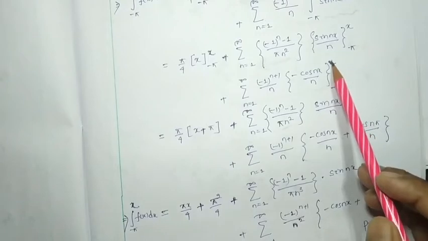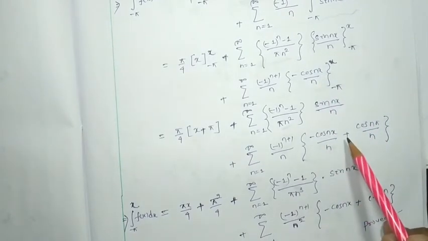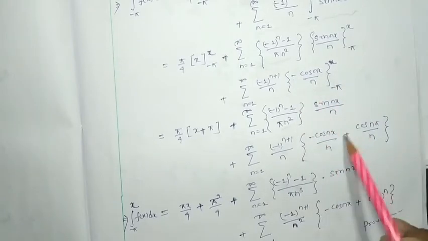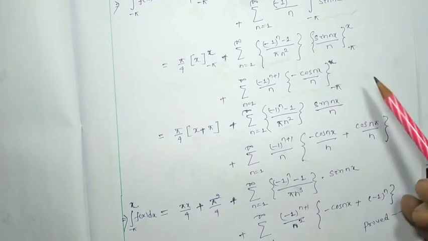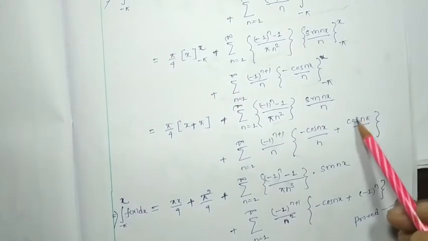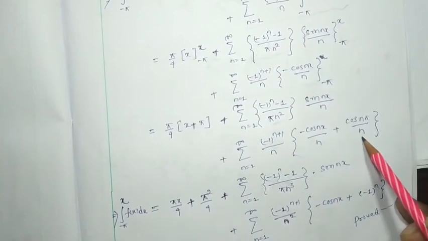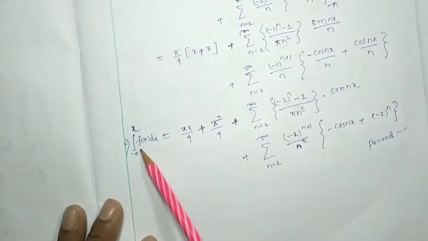You have to put the limit, first put x, so it will be minus cos nx by n minus, here minus is there, plus cos n minus pi. Cos n minus pi will be cos n pi, because cos is an even function, so cos n pi by n. Okay, so that implies the integration of f(x) dx from minus pi to x